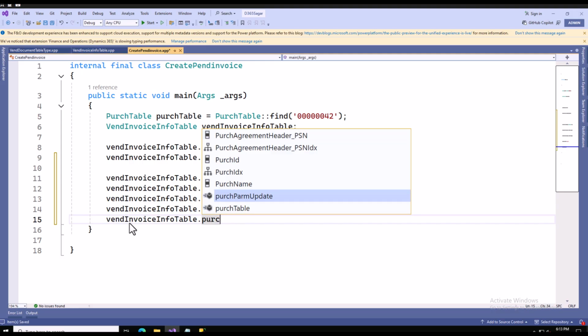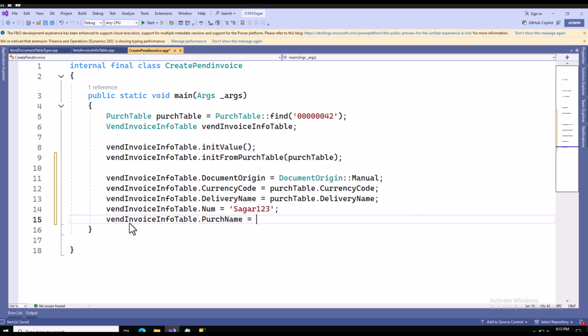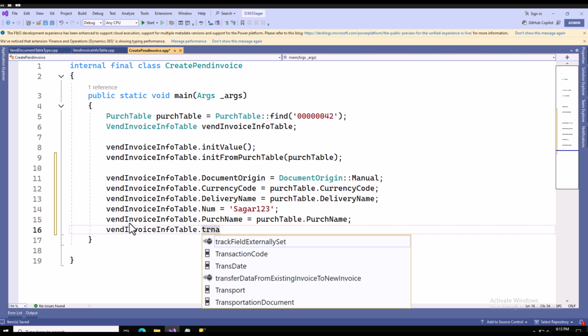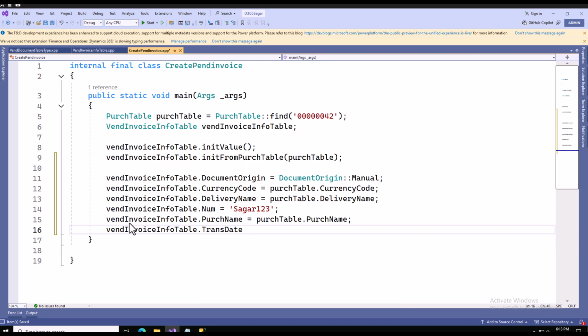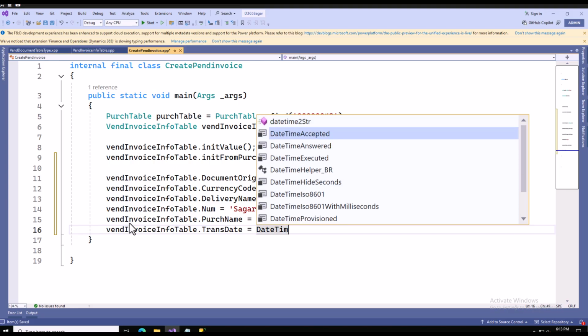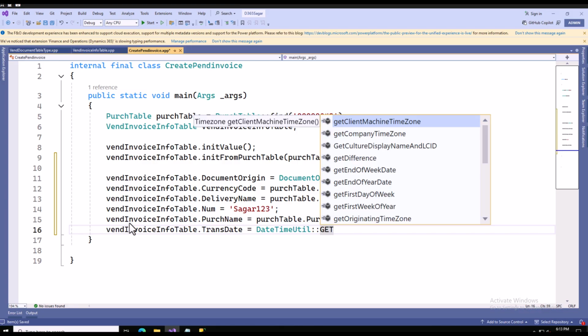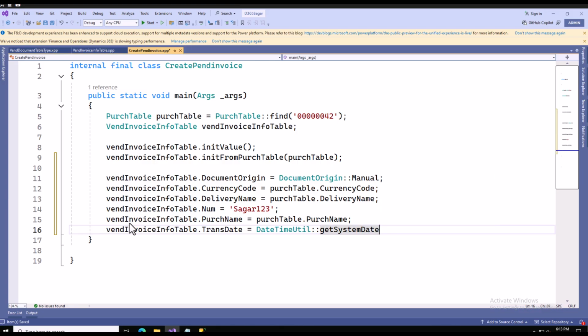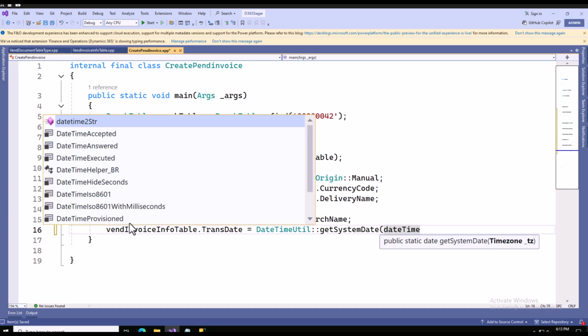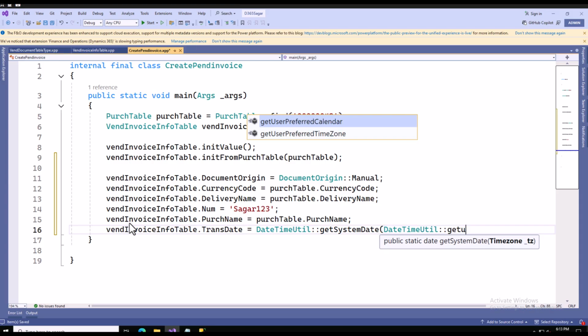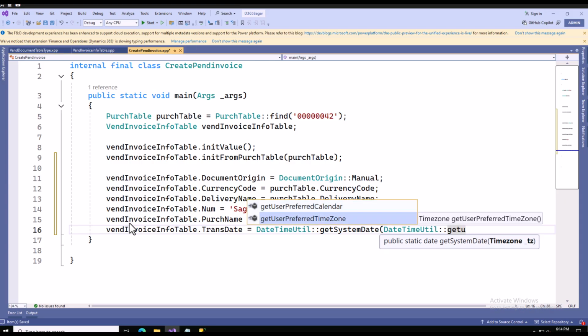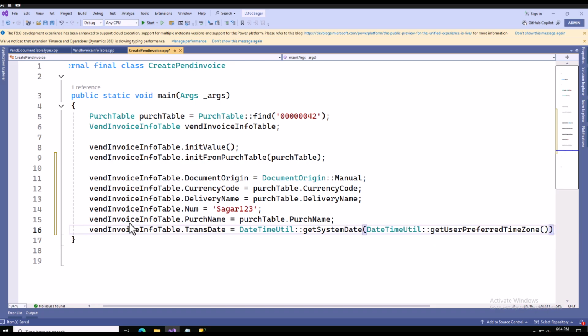So I will assign value inside my purge name, and again this will be from my purge table dot purge name, and then I can define the value inside my trans date. So I will again say DateTimeUtil function, I will say get system date, and here I will say DateTimeUtil, and I will say get user preferred time zone function. All right,